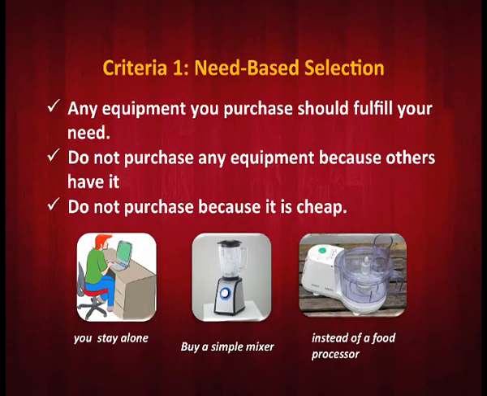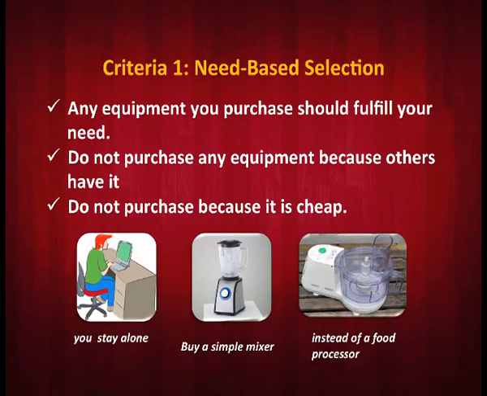So first we will begin with need-based selection of the product. I will start with a simple example. If you are living alone in a hostel or away from your home and you need to do your everyday activities on your own, you don't have any other help. So you have purchased a 7000 rupee food processor which will have everything: juicer, grinder, mixer, grater, atta making. But you just need to make a milkshake. Exactly. So you need to be very clear about your need, and accordingly we need to have the product. Otherwise you will just end up wasting more than saving.